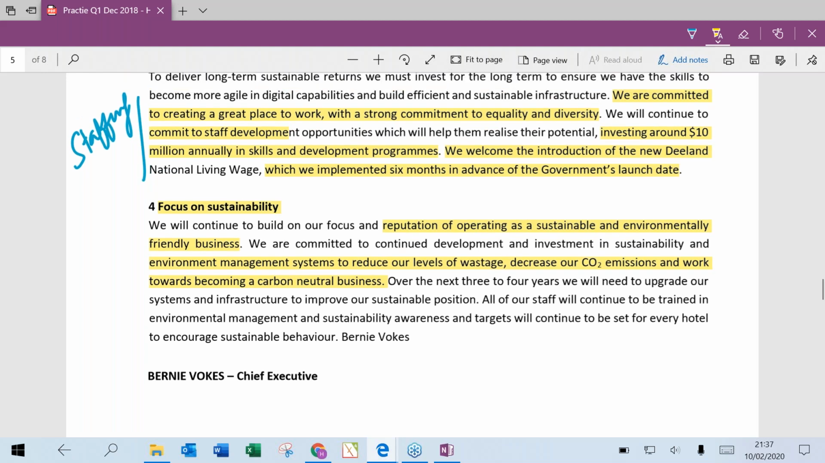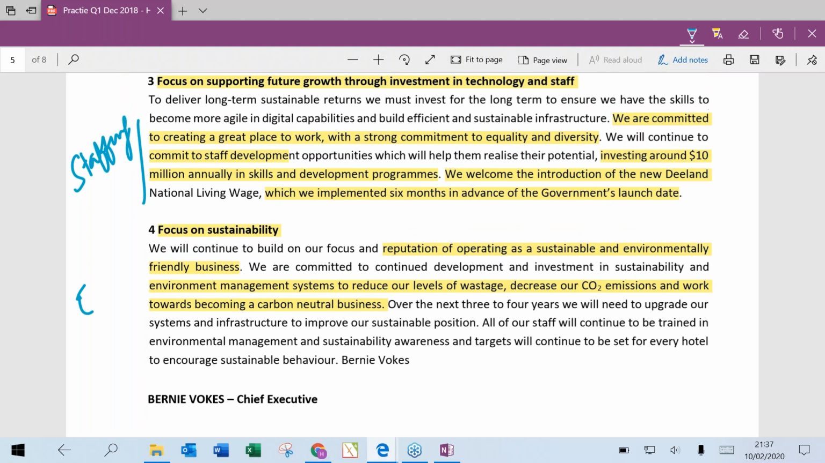Right. So I'll just talk about that. This one is about environmental aspects. Okay, this paragraph. So we just read